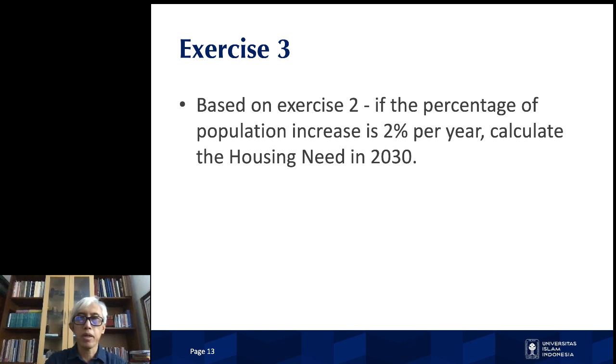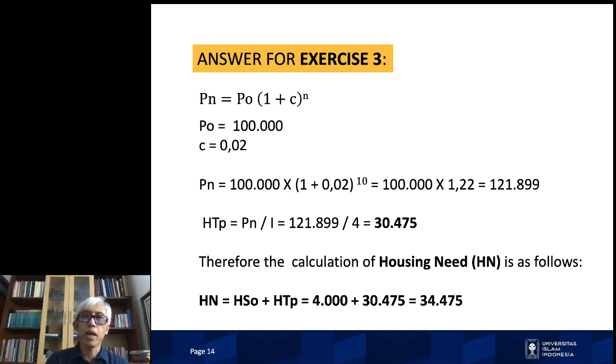To understand the concepts, let us do exercise 3 based on the previous exercise, which is exercise 2. In this case, the percentage of population increase is 2% per year, and the question is to calculate the housing needs in 2030. And this is the result. So we first calculate the population growth, and once we get it, we can then calculate HTP, which is the additional housing needs due to population growth. And the result, as seen in this page, is